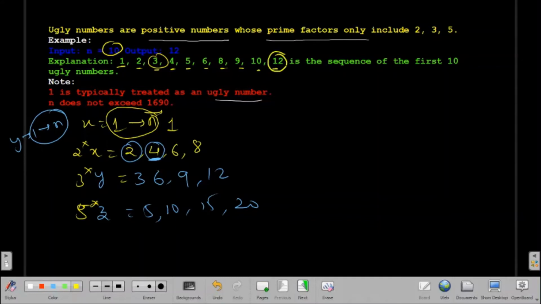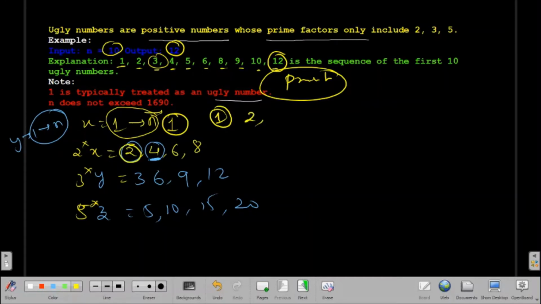So this is my 10th ugly number, so we have to return 12 here. But if we see here, 1 is my first ugly number, and from here this is my second ugly number, that is 2. If we write 3, this is my third ugly number, this is my fourth, fifth ugly number, right? But when we again find 3,